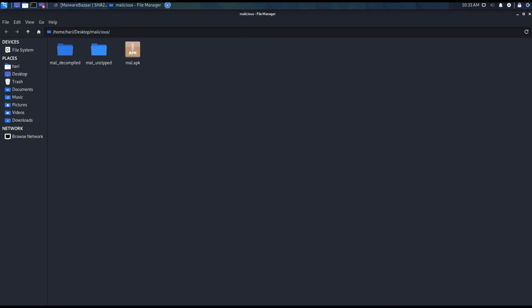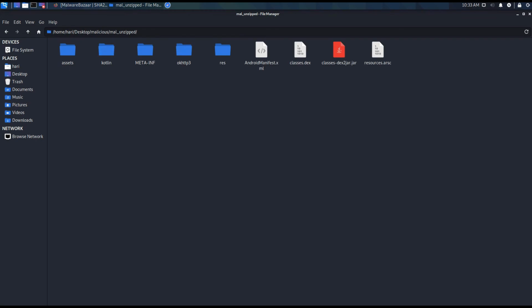So now we have unzipped it, because an Android application is a package of different files. It is like a zip file. If you unzip the application, you can see the contents. These are all the files which will be available in most applications, and the Android manifest file is the most important one to look at. If you simply unzip, then we can't read the manifest file. It will be in an encrypted format. That's the reason we'll be using decompilers like APK tool in order to read the data in plain text format.